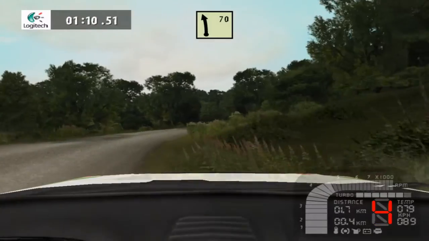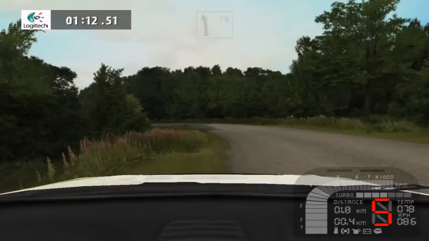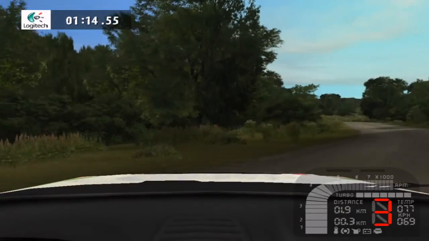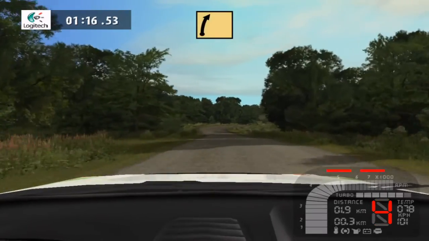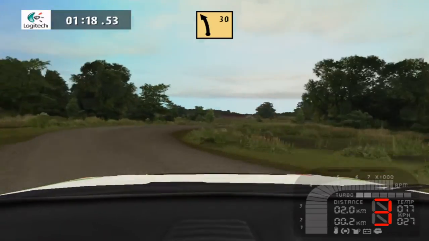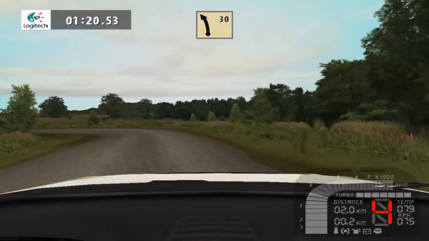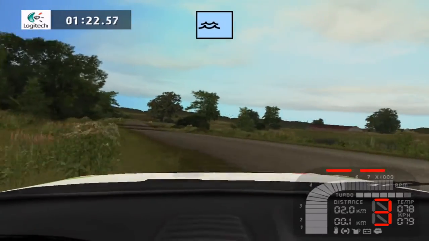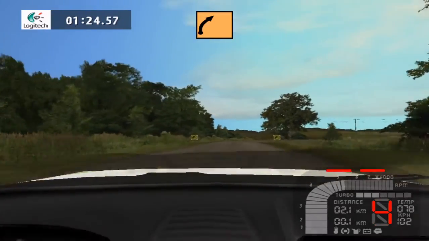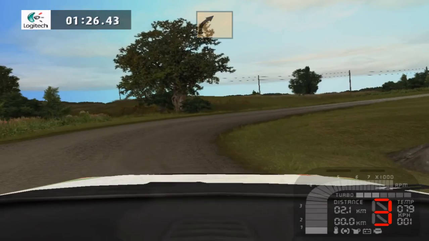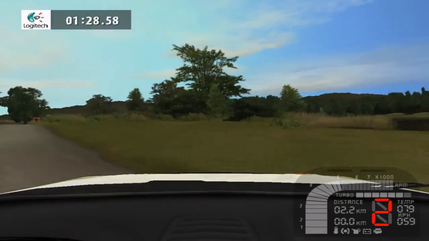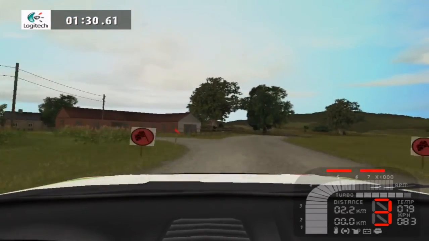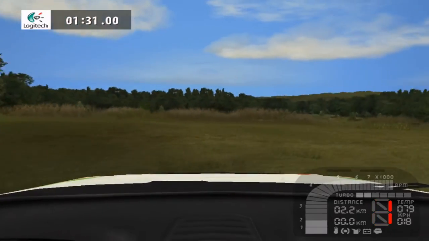Easy left, tightens, 70. Fast right, fast left, 30. Forward. Co-driver has to get the pacing right so he can drive at this pace through the stage. Big handbrake turn around the final corner, and